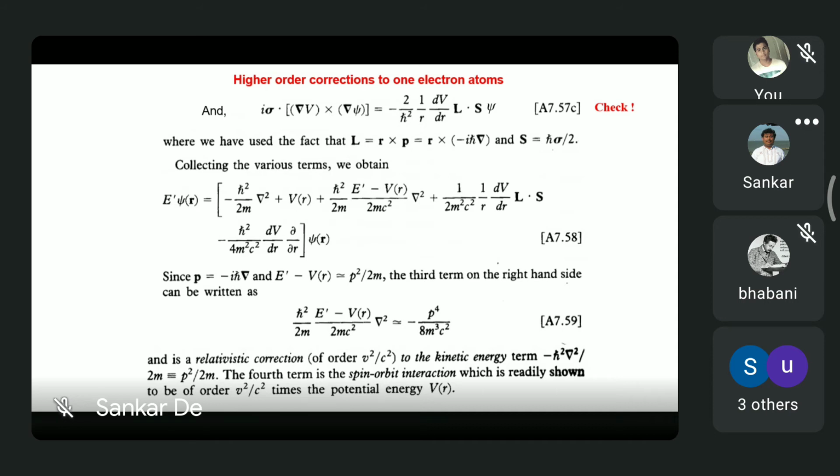Yes, sir. Actually, then for 7.59 we used just the Schrodinger equation, E prime minus V(r), because he writes it like this: p square by 2m psi plus V(r) psi(r) equal to E prime psi(r), something like that. From that, he actually, I think, did that. Okay, should I do that? It will take half a minute. Yes, sure, you can do that.